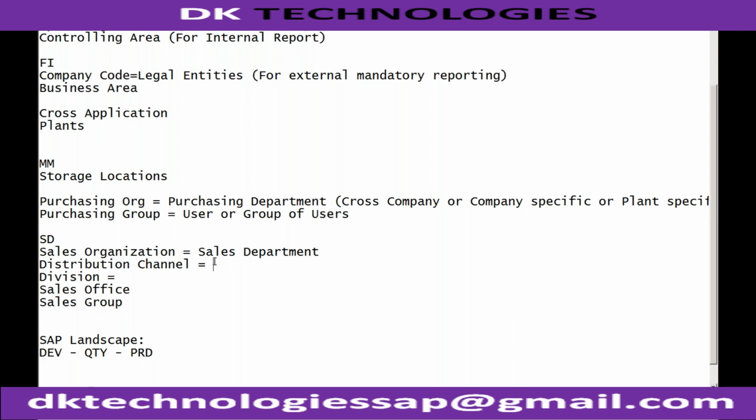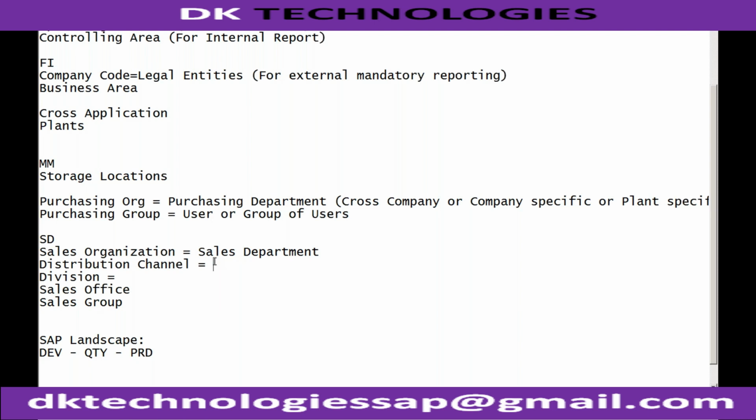See, one option is I create the sales organization at the product line level. Second option is I will create a sales organization at the top level itself, company code level, and my divisions would be the product lines. So I can create one sales organization and multiple products as divisions. Right? That will save my time rather than creating multiple sales organizations.